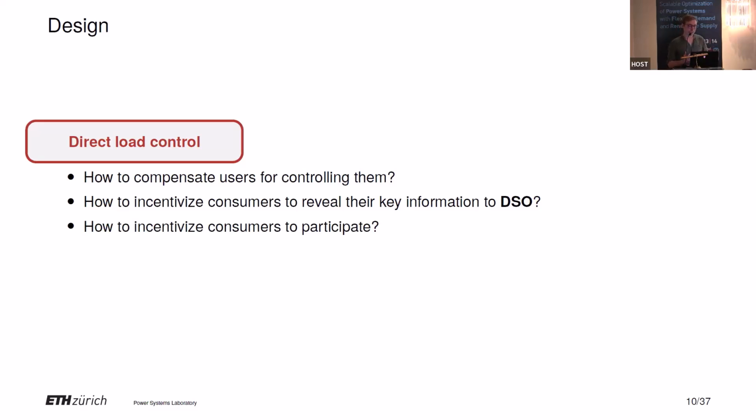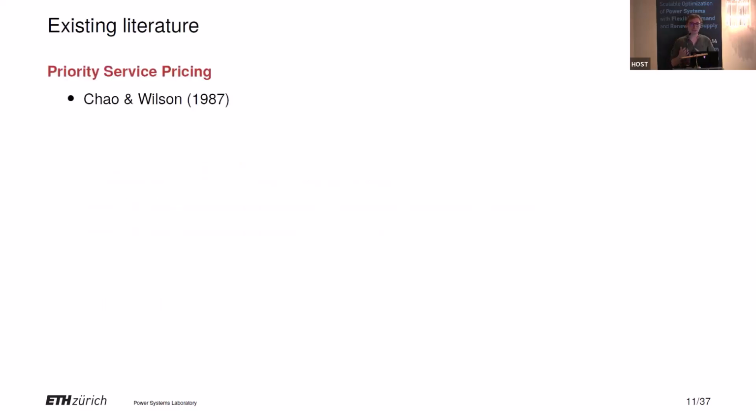And maybe all these questions make you think of the idea of mechanism design: compensation, incentives. And this is indeed very useful. Mechanism design provides very useful tools to think about this problem. And there is already an abundant literature that has been looking at demand response through the lens of mechanism design. For instance, priority service pricing is one of these important approaches that was proposed back in the